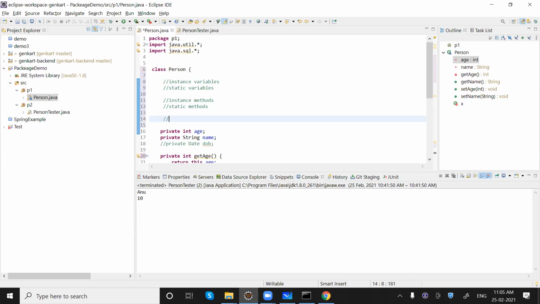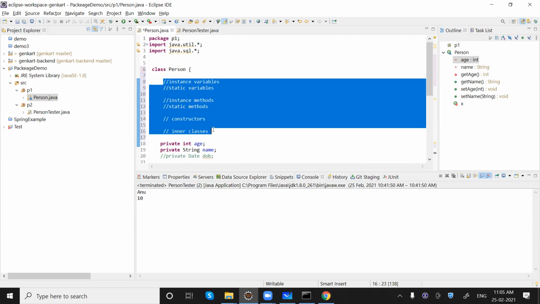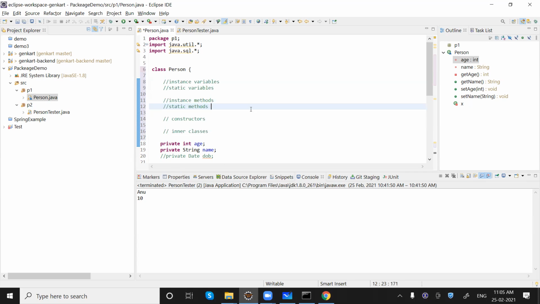There can be constructors, there can be inner classes. So these are the possible members that we can have inside a class, and all of these can have all four access modifiers. Like we can make a private variable, public variable, protected variable.